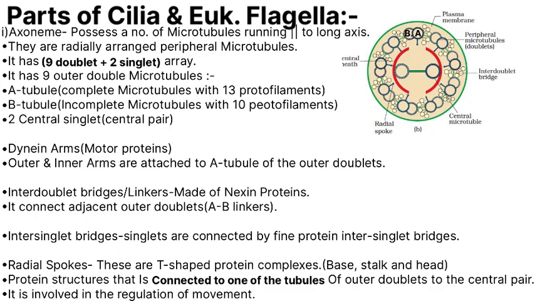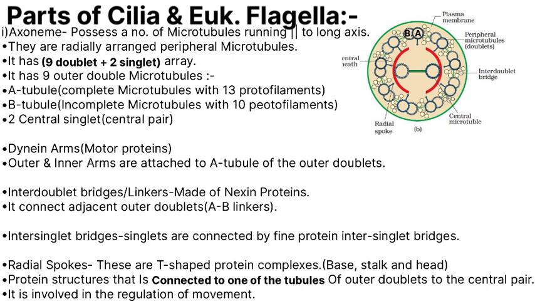The base is anchored to the A tubule of an outer doublet, and the stalk is the thin protein rod-like part extending inwards towards the central pair. Then at the end it has the head. The head is the broad flat region at the inner end of the stalk, which lies perpendicular to it and faces the central pair of singlet microtubules C1 and C2. The head of the radial spoke is not spherical or round like the human head, but it is flat and horizontal. So because of the vertical long stalk and the horizontal broad head, the whole structure looks T-shaped in the cross-sectional view under the electron microscope.